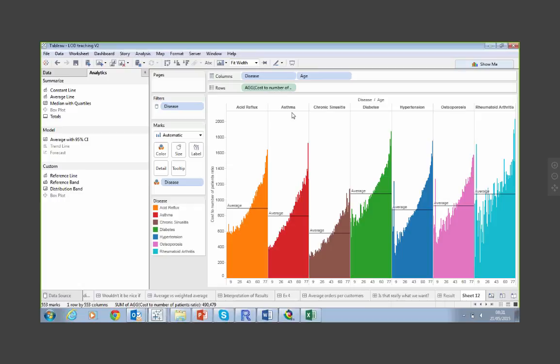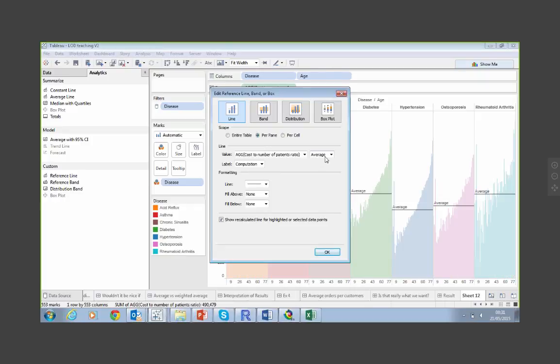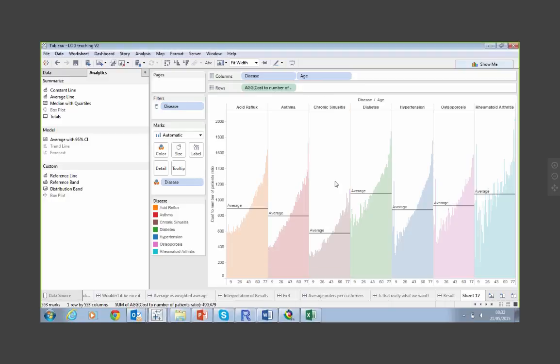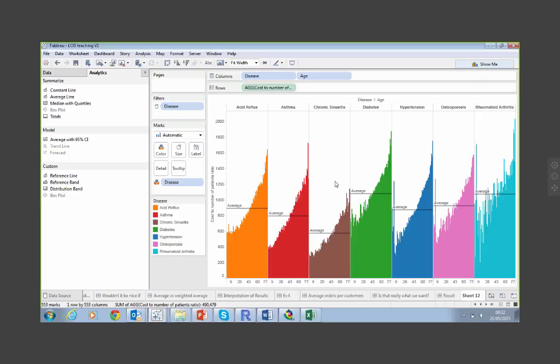But now what this is actually doing behind the scenes, if you go and edit the reference line, is it's taking an average of that ratio. And so it's basically like a weighted average because it's taking an average of the bars. But you might actually want to see the average of the raw underlying data.